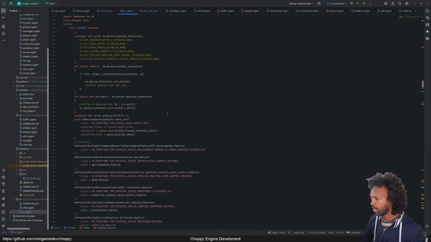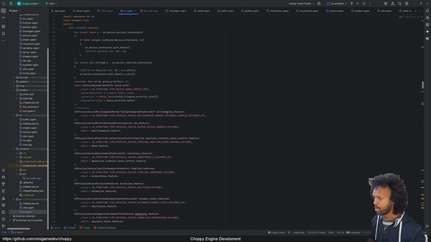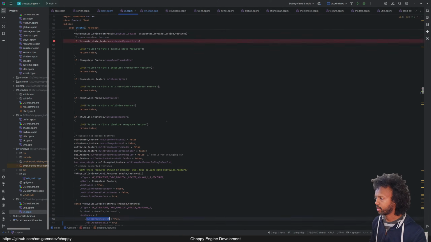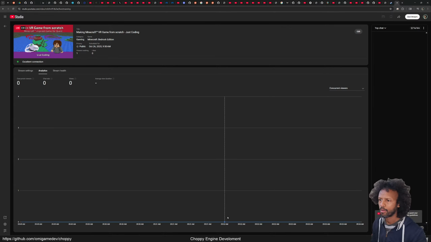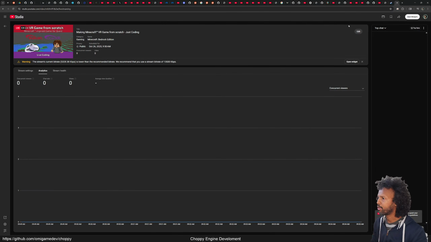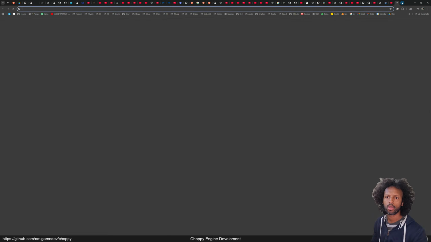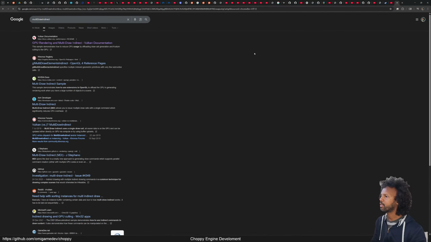How do I enable that then? So features 1.1, multi-draw indirect. Okay, I have no idea what I'm doing right now, so I'm gonna try to find